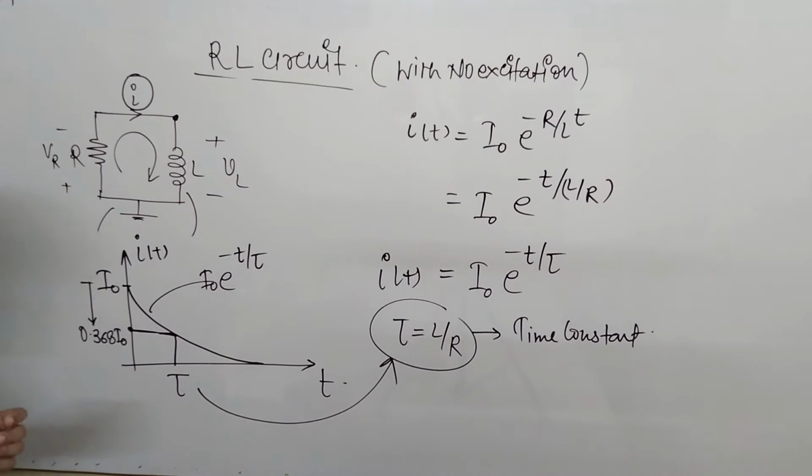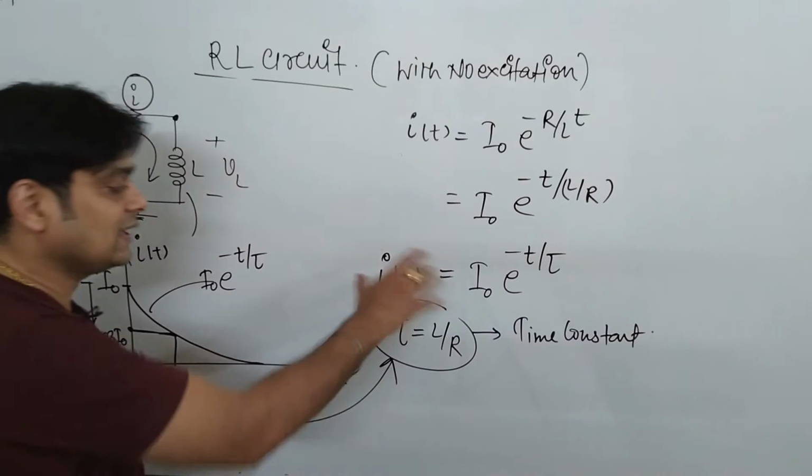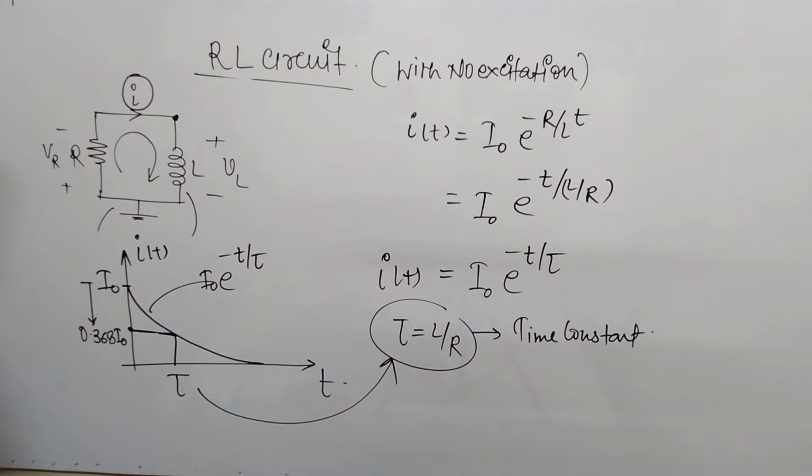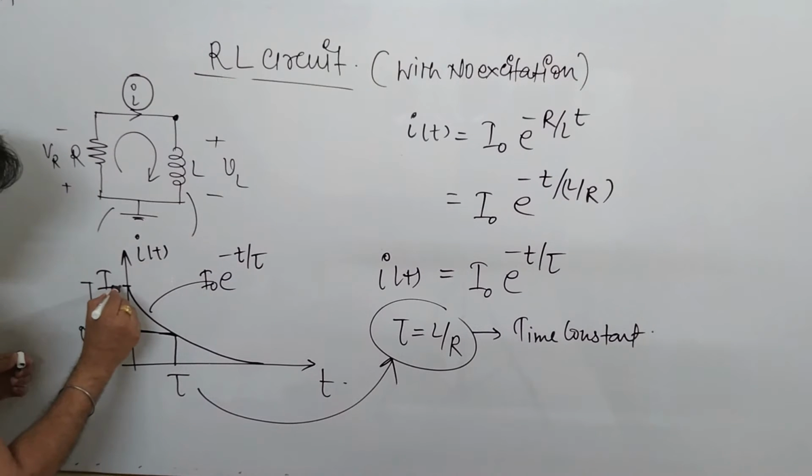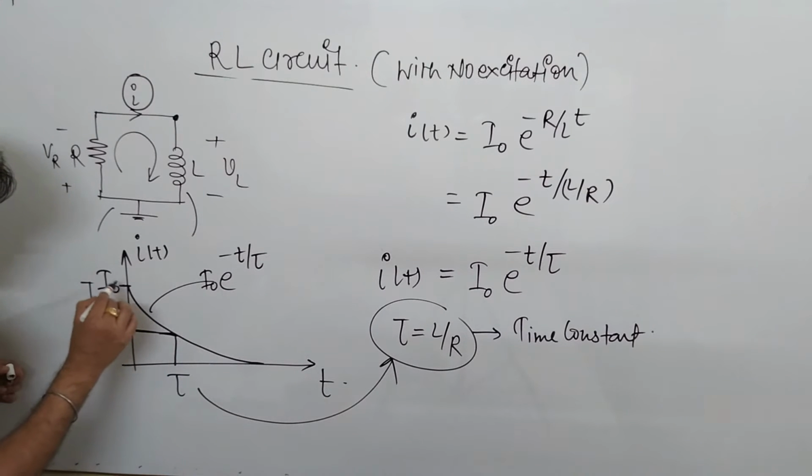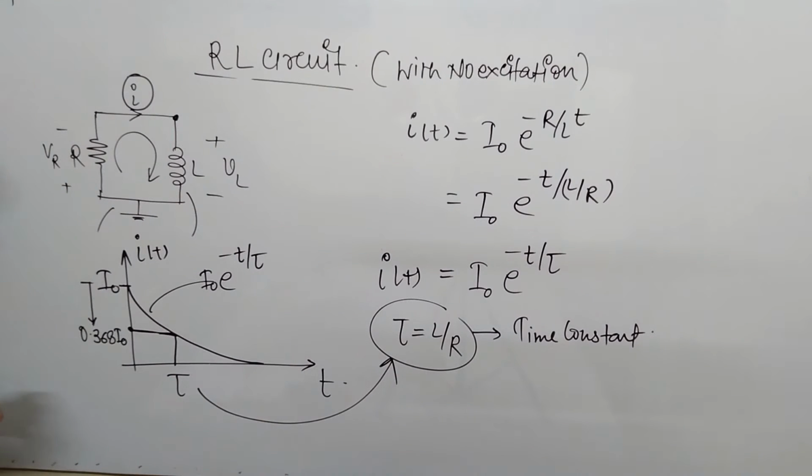Okay, so I am not going much into detail for this. I have already explained in case of capacitors. So here you can easily understand how we have calculated the value of time constant. Whatever the concept is applicable in case of capacitor in terms of its graphical analysis, the same is applicable here. Why? The term is same.